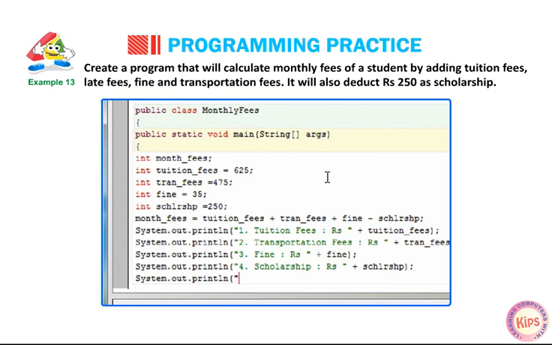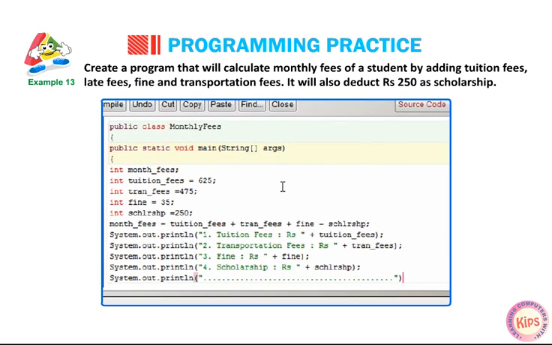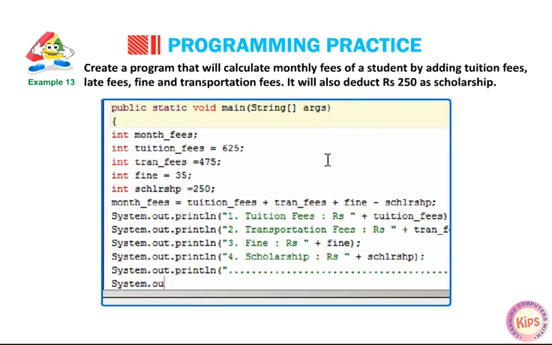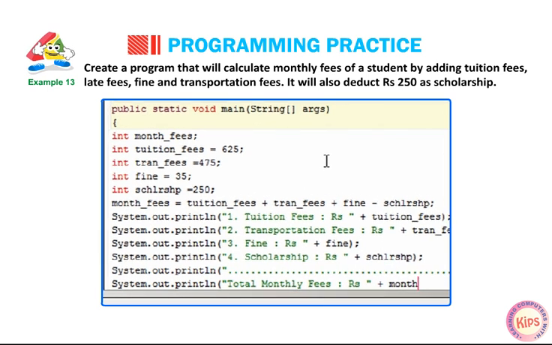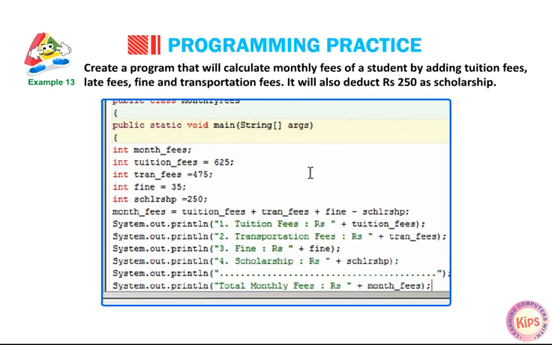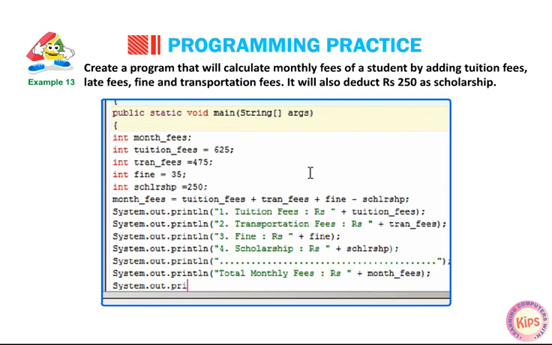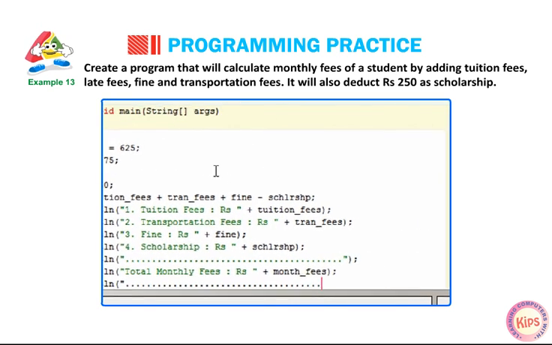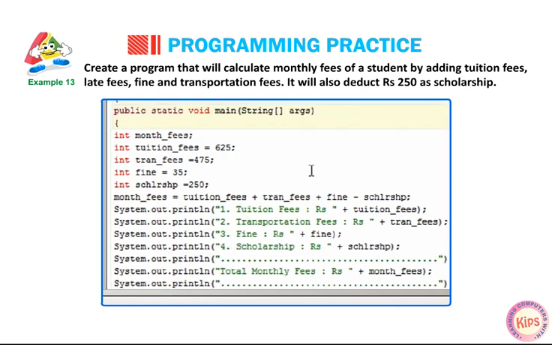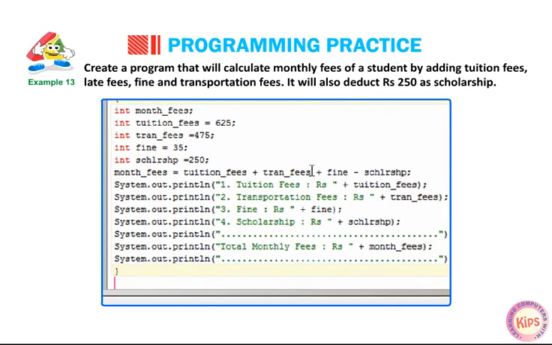System.out.println(""); System.out.println("Total monthly fees: Rs. " + month_fees); System.out.println(""); } }